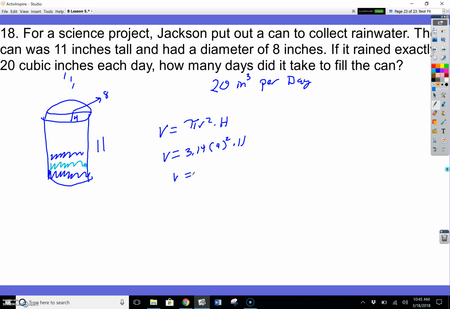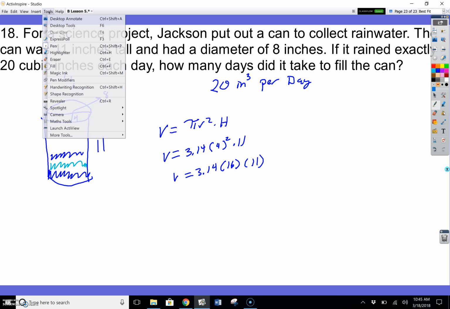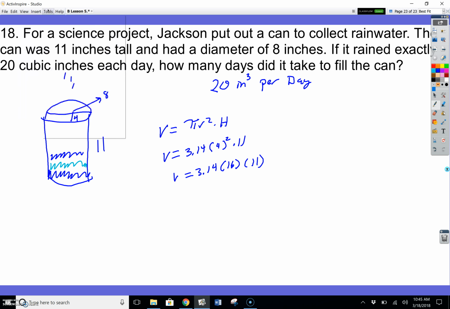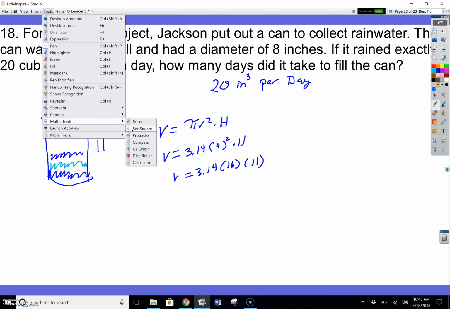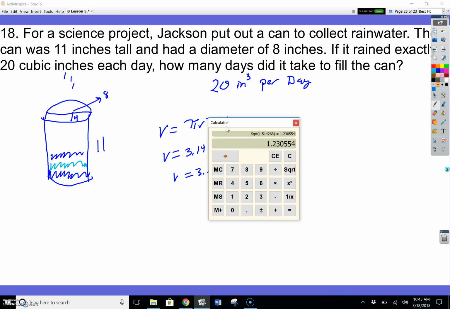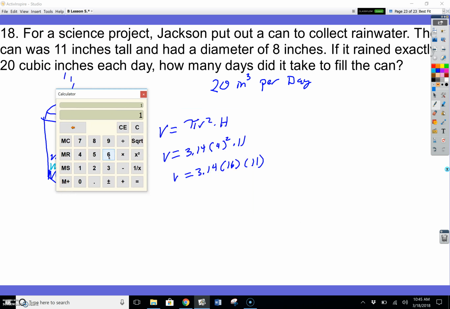So this is going to be volume equals 3.14 times 16 times 11. So to find the total volume, we're just going to take out our calculators and plug these values in. This is going to be 16 times 3.14 times 11. And that's going to give me a total volume of 552.64